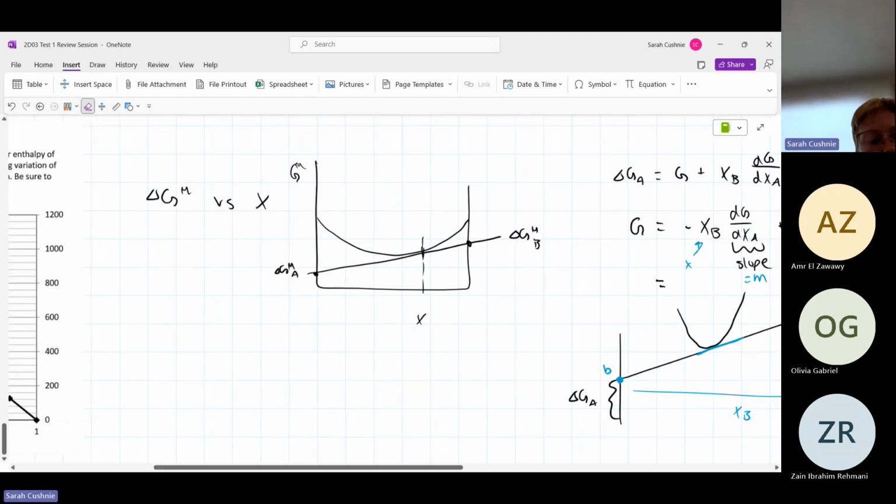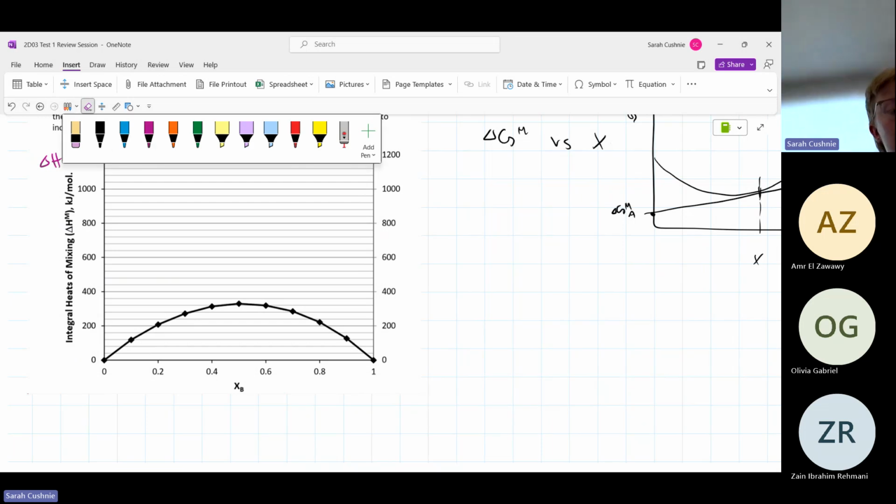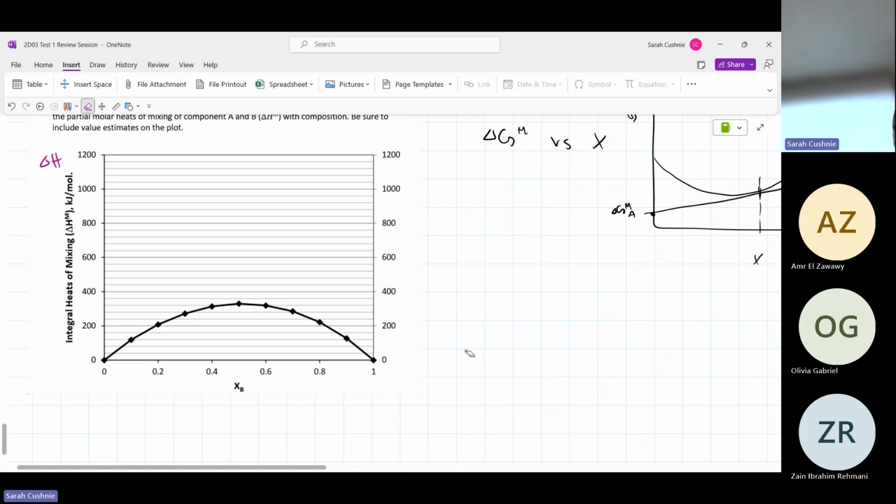So what we're going to do then is draw a bunch of tangents, and I'm going to do a really terrible job at drawing them because I don't care right now to make them good. You can just go at every single point here. I recommend bringing a ruler to any thermo test this semester because you're going to have a lot of graphs to draw, and just taking the tangents. This point right here, for example, would be at XB equals 0.1. And then you take another tangent. I'm not going to do all of them.